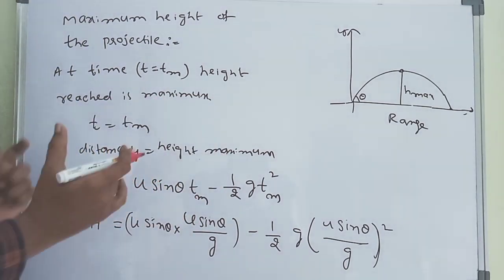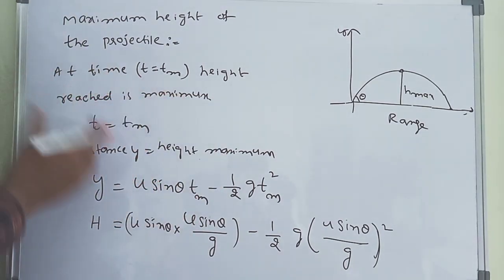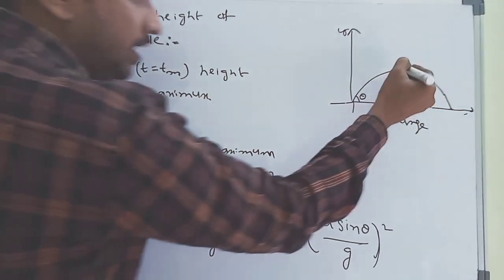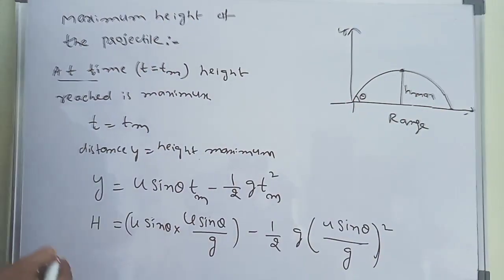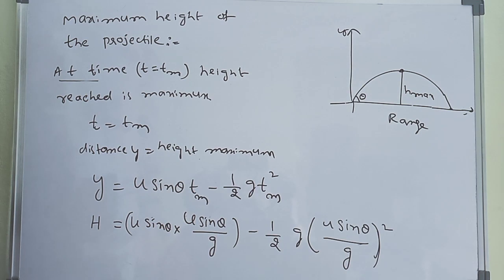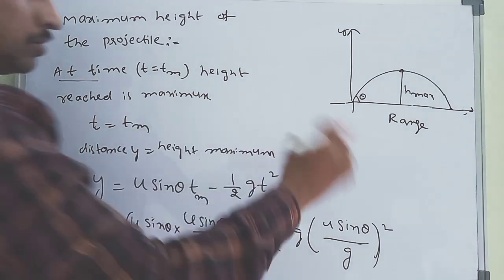At a time t equal to tm, the height is reached to maximum. That is called the maximum height of the projectile. So how to calculate the maximum height of the projectile? By using the